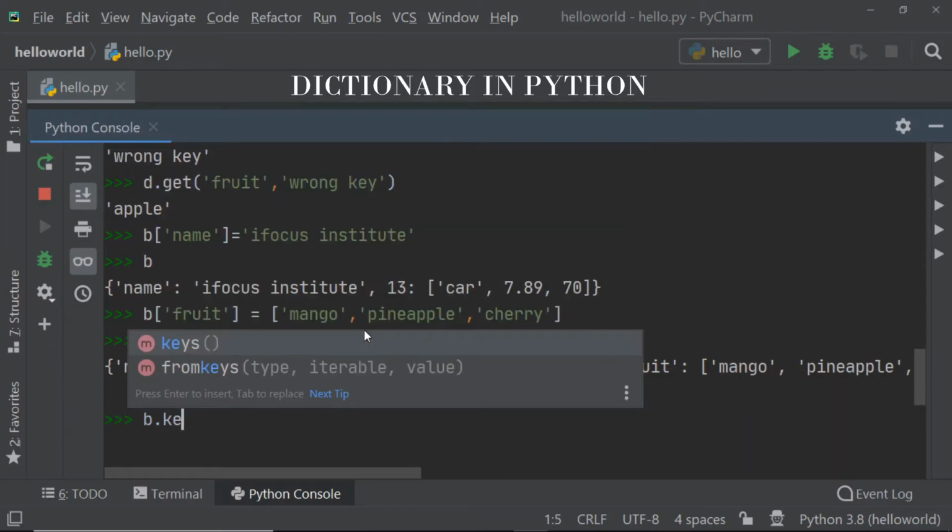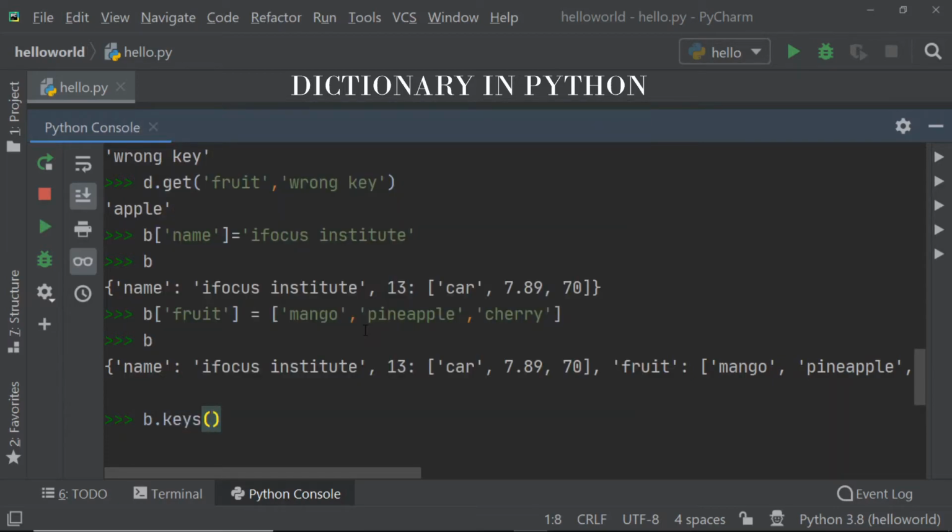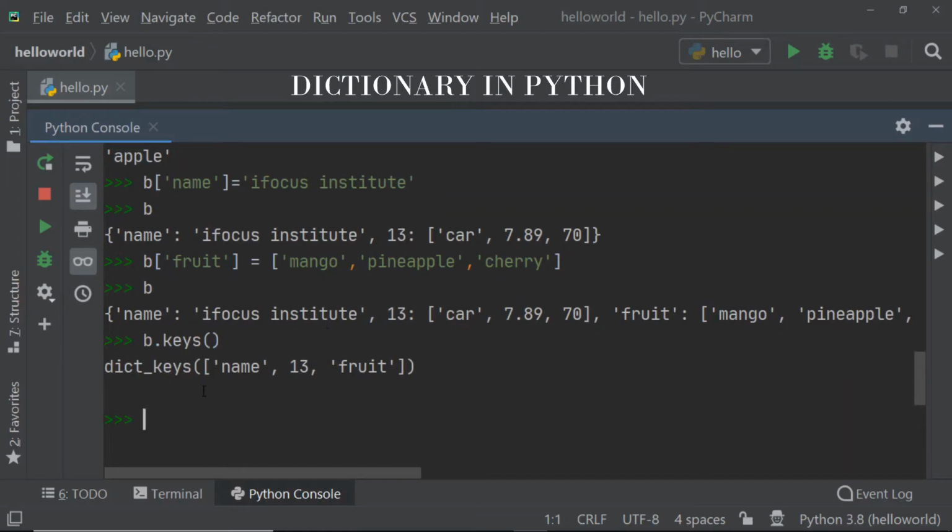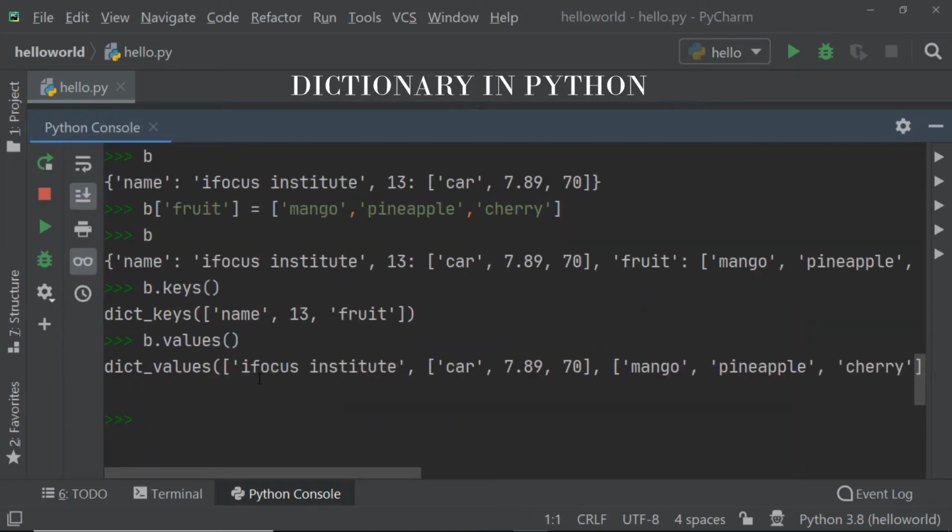I am using the method keys. If you print the keys, you will only get the keys present in your B dictionary. Similarly, if I print the values, I will get only the values present in my B dictionary. By this method, it is very easy to differentiate between the keys and the values. So I have created multiple dictionaries now.